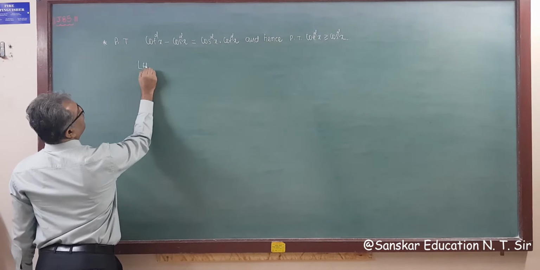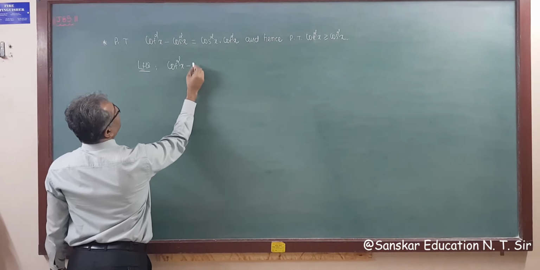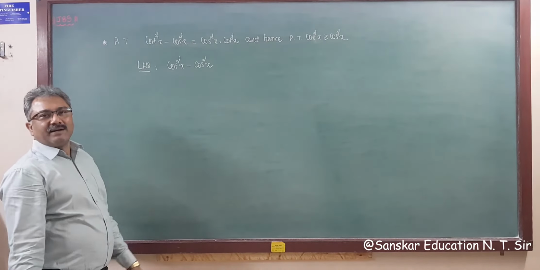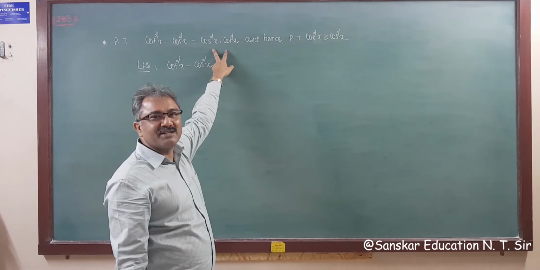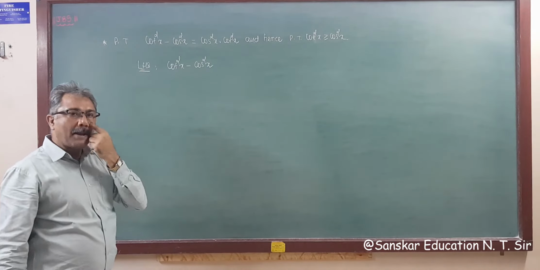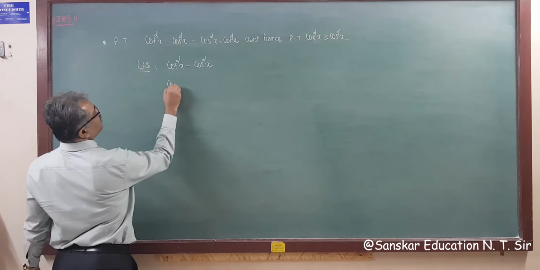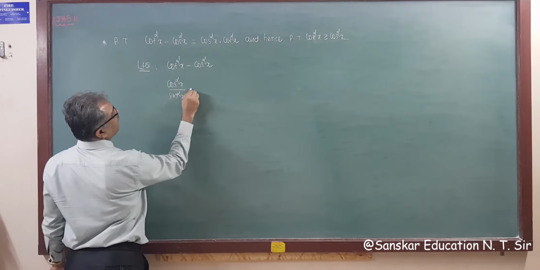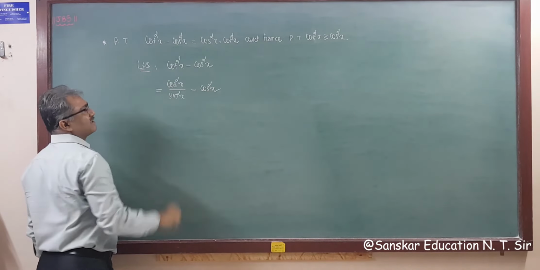So left hand side is given, cot square x minus cos square x. Now in answer हमें ये चाहिए, मगर प्रोडक्ट चाहिए, सब्ट्रैक्शन नहीं चाहिए. क्या करेंगे, cot को cos और sin में चेंज करते हैं. Then cot square x is cos square x upon sin square x, so cos square x upon sin square x minus cos square x is the answer. This is your answer.